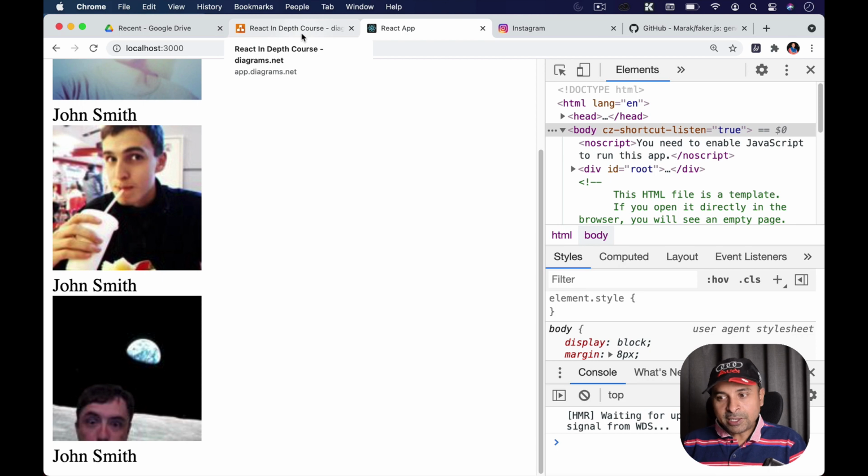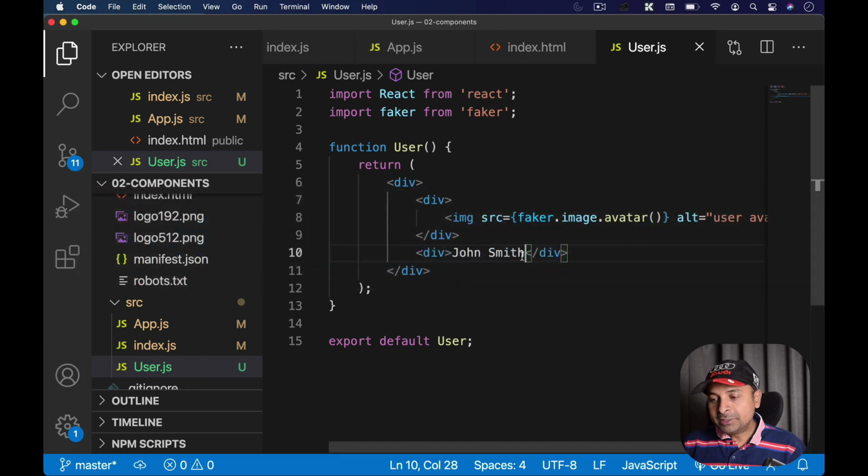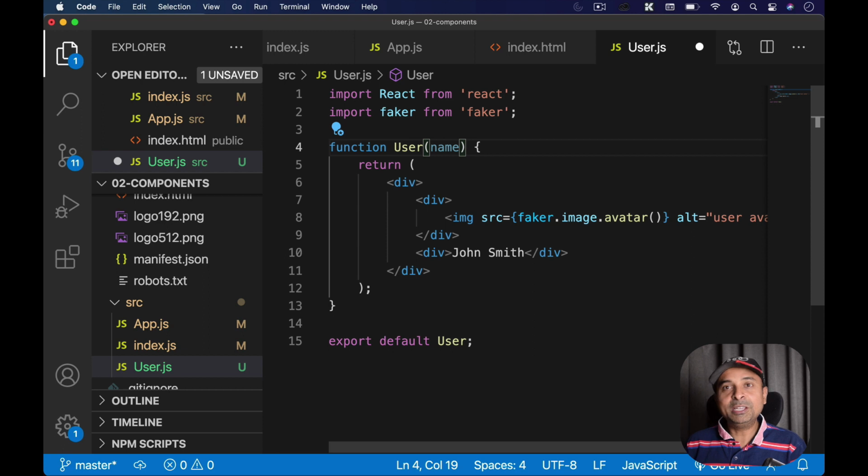So the next thing is we need to see how we can configure our component so that it can have a different name. Is there a way I can pass this name, because this is a function, right? Is it possible I can pass this name as an argument here? Is there a way I can pass this source as an argument, or this alt text, or anything else which is written inside this component, as a parameter, and then use that here?